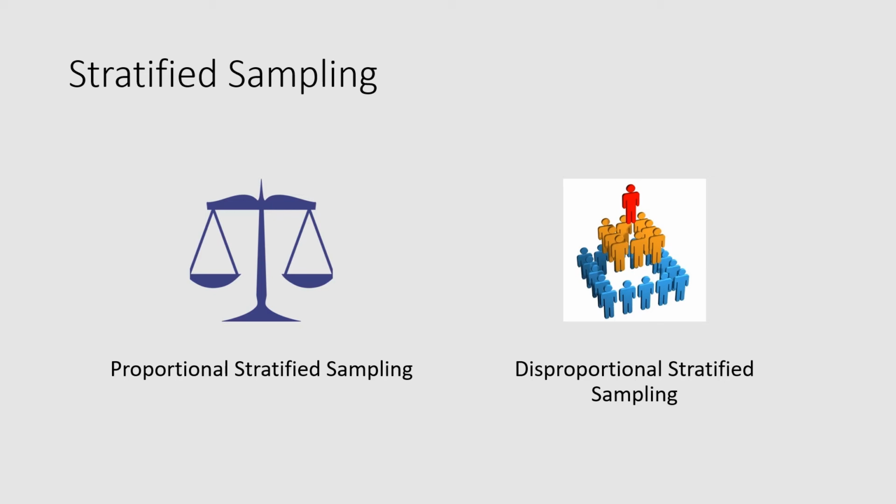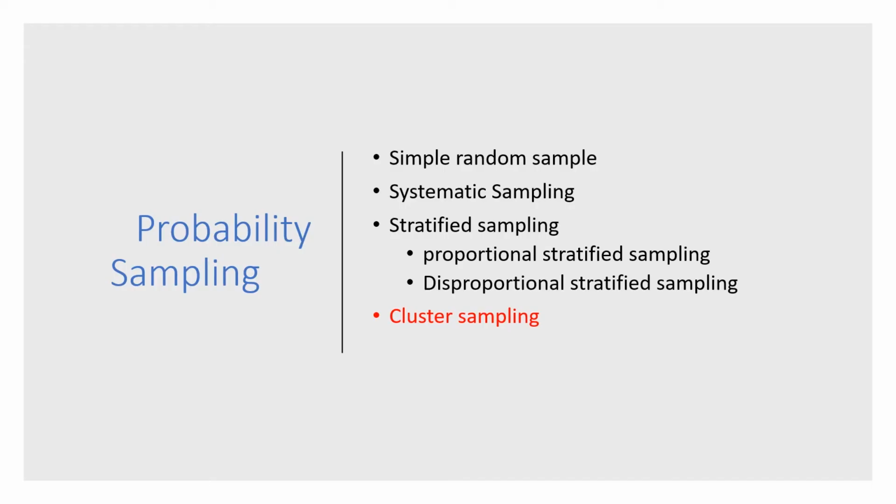In disproportional stratified sampling, we use equal numbers between each strata. This means, despite the proportion in population, we will take an equal sample of all strata. In the previous example, it means taking the same number of male and female participants despite the 75-25 proportional difference in the population. The last type of probability sampling we will cover